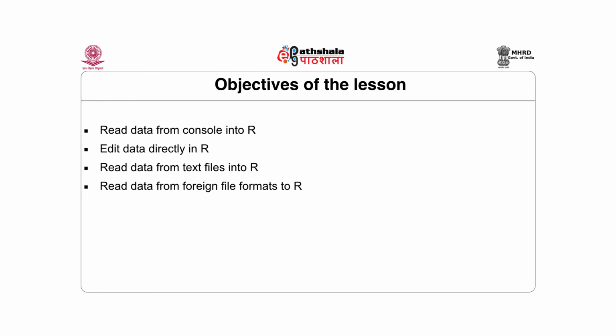Historically, when R was first framed, and R is only in its third major series of iterations, we are still on 3 dot something something. So it's not really all that old. I mean, it's well established, but it's not that old. There was a bias that you could actually manipulate data outside of R. We'll visit this,